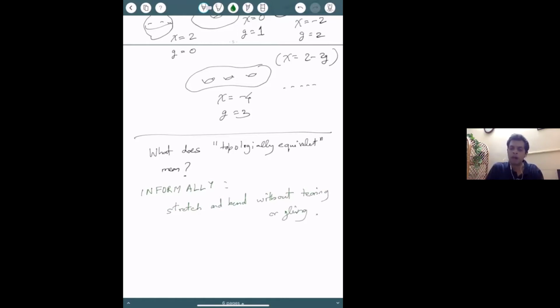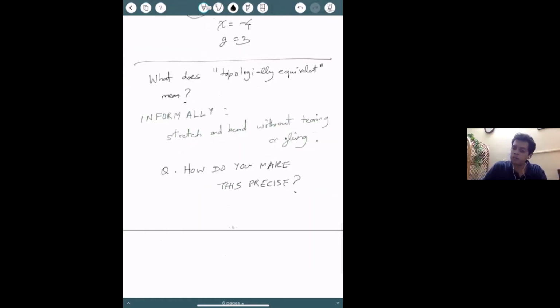But how does one make this precise? Well, I have to start with a notion of continuity. Remember, I want to say that you can deform one space to another continuously. And so let me recall something that I'm sure most of you have